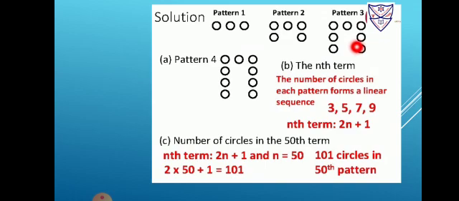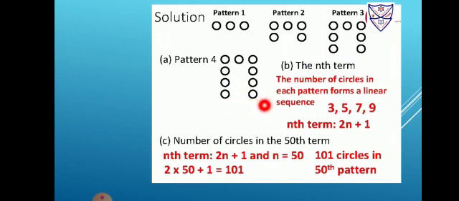But what is the rule of this pattern? See, earlier pattern 1 was 3 straight circles. Then using these 3 straight circles, here 2 more are added. So 3 plus 2, 5 circles. Now here, see, this is the pattern till 5. Now again below that 2 more circles are added. So 7 circles are there in pattern 3. So how many circles would be there in pattern 4? What is the rule going on in this pattern? Adding 2. So 7 plus 2, 9. But how will we make the design? So what is the rule? We make the pattern till pattern 3, and these 2 circles we add below. So this is pattern 4.